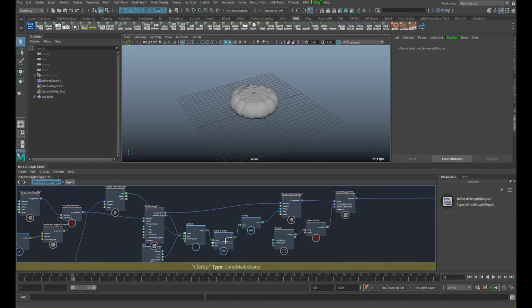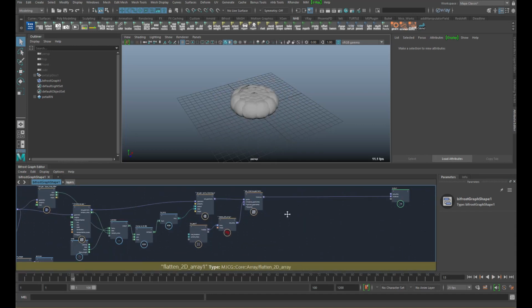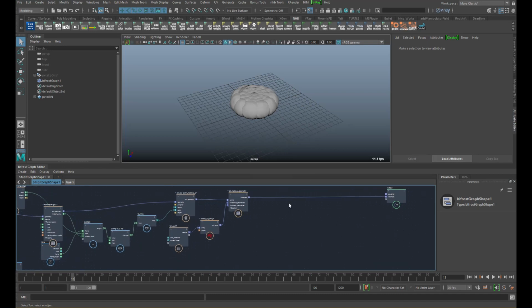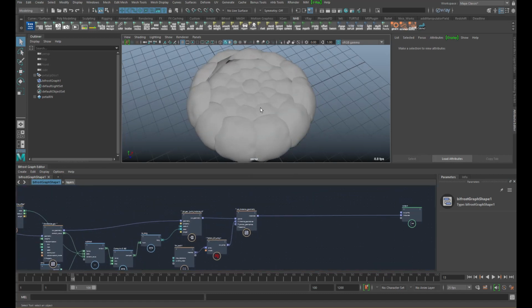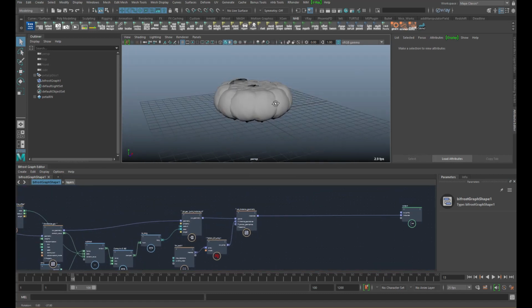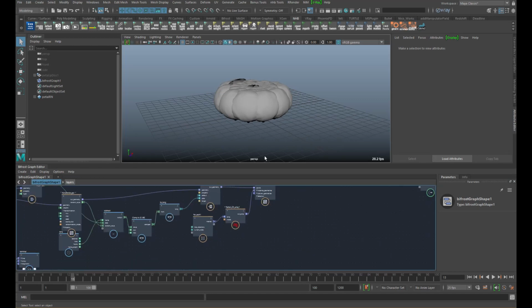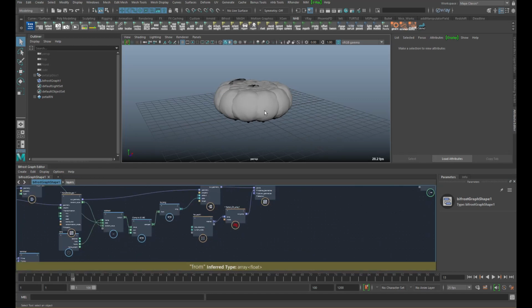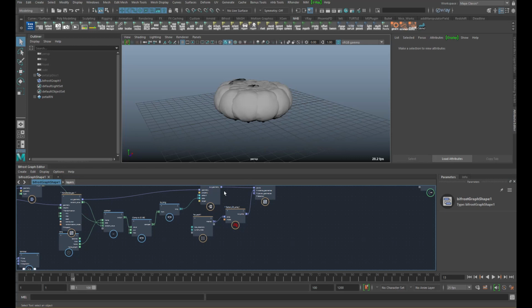Alright, so what we can do next is scale our petals based on their layer, maybe, and also based on their animation time. Let's do this first.